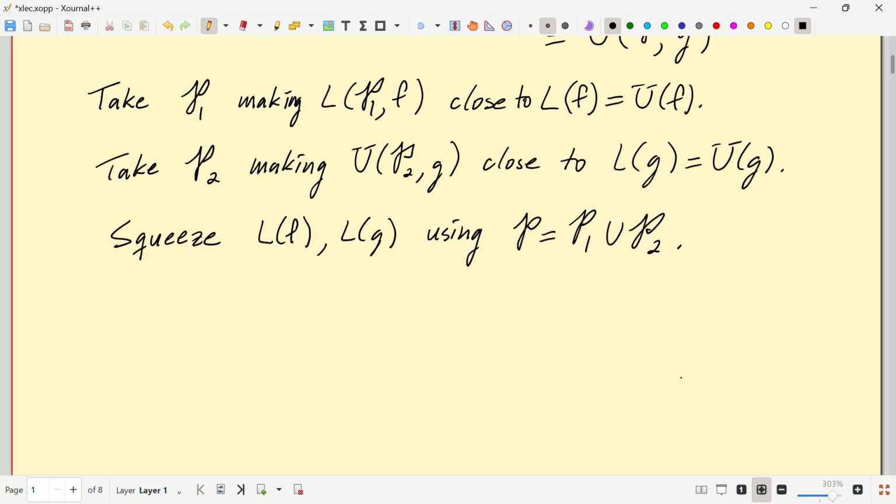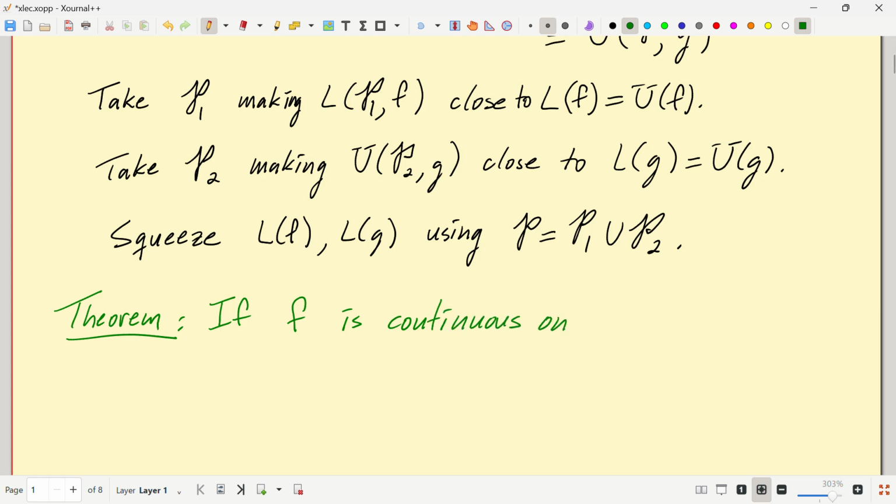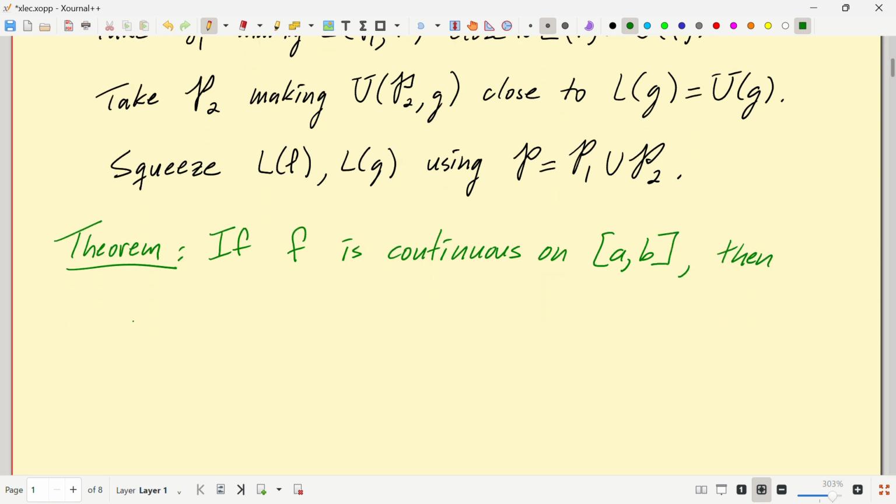So let's see. Here's the theorem I'm going to prove first, which I think is the most natural, easy one to do. Theorem. If f is continuous on [a,b], then if I define capital F of x to be the integral from a to x of f of t dt,